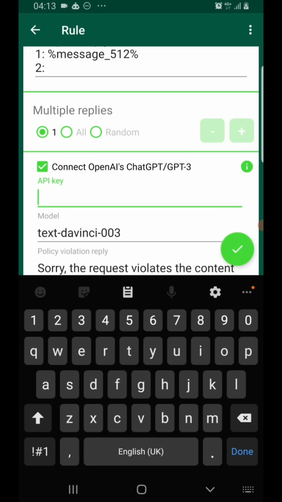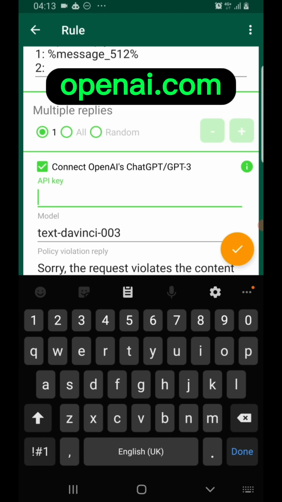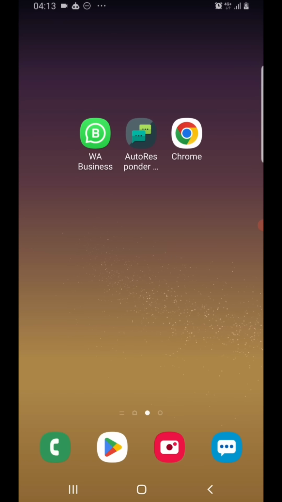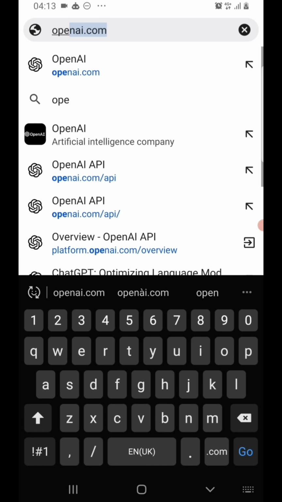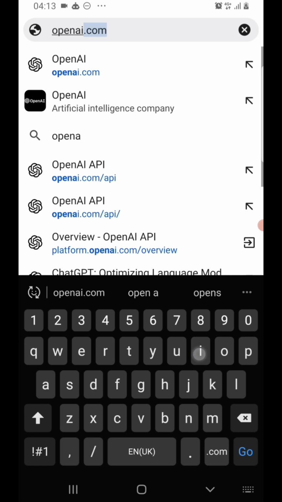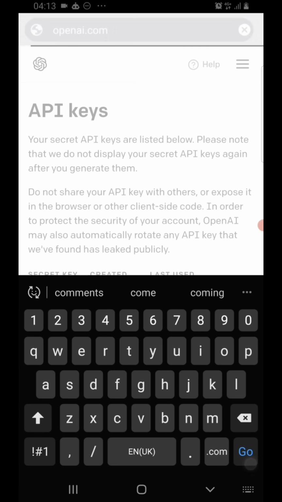You need to get an account with them, right? And remember, it is OpenAI that actually created ChatGPT. So we need to open an account with openai.com. So let's go to our Chrome or whatever browser you're using, and then we search for the name OpenAI, like OPEN, then AI, then .com. Then you search for it.